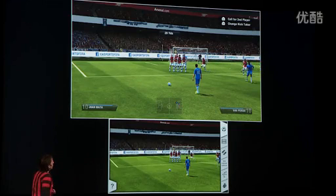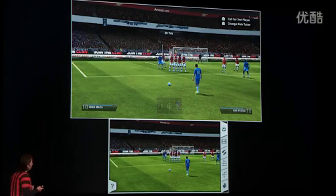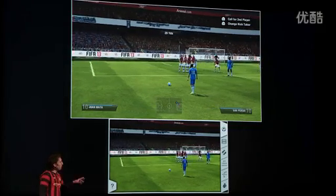And one of the key ones we wanted to do was set pieces. We find a lot of casual gamers don't get the set pieces, or they don't feel they have the right level of control in 360 PS3. And this is also a great way to utilize the uniqueness of the Wii U. So the existing system is there if you want to use it, but what you're going to see now is